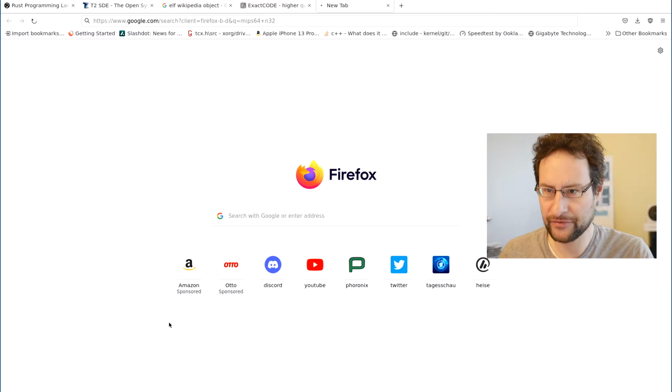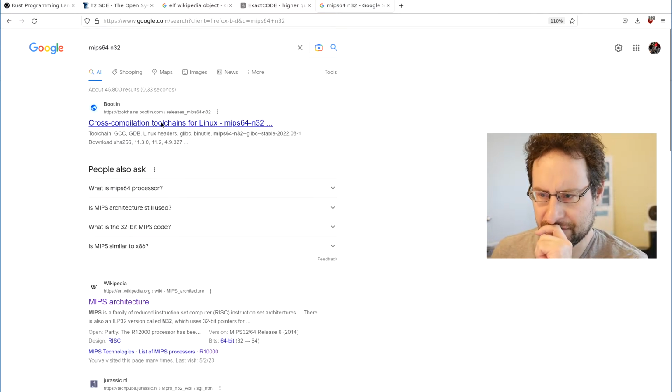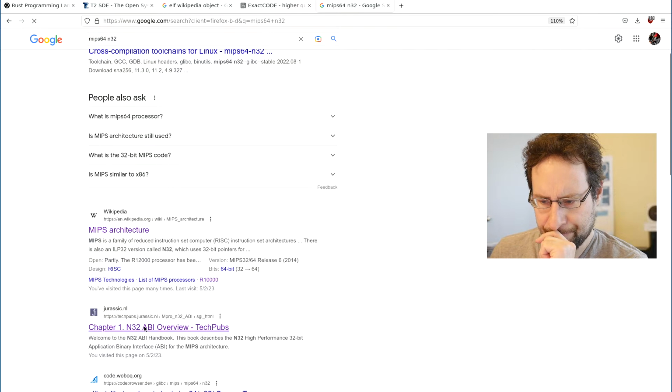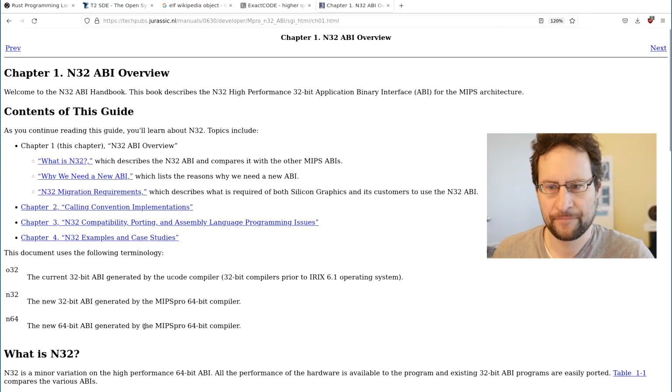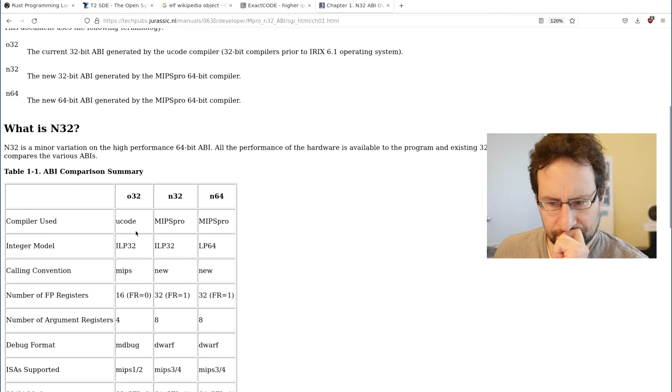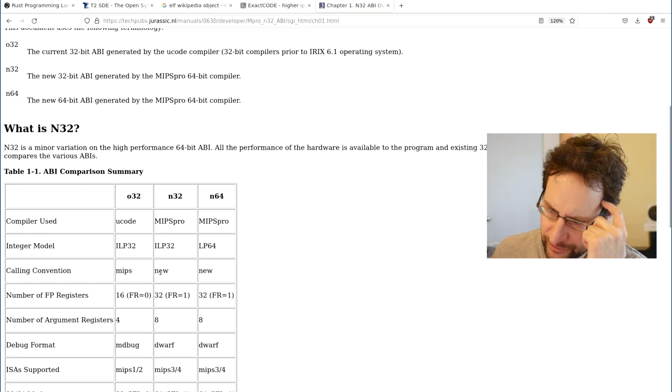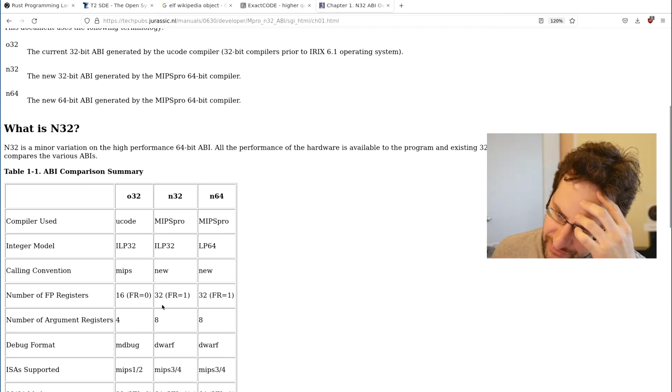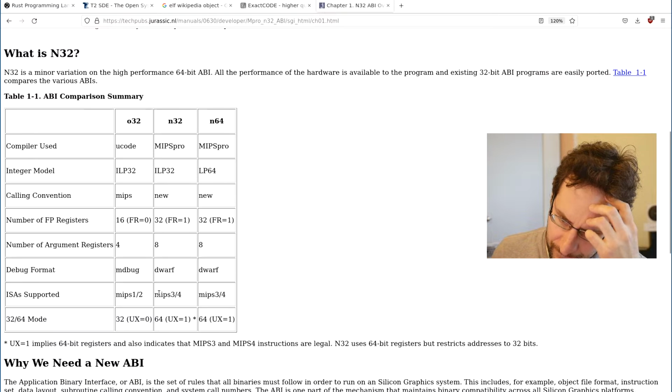MIPS 64 and 32, does it use 64-bit registers? So N32, so 32-bit ABI generated. Yeah, I knew that. So we have ILP32. So this is integer, long, pointer. Okay, we double the floating point registers and have a different argument register calling for higher efficiency.